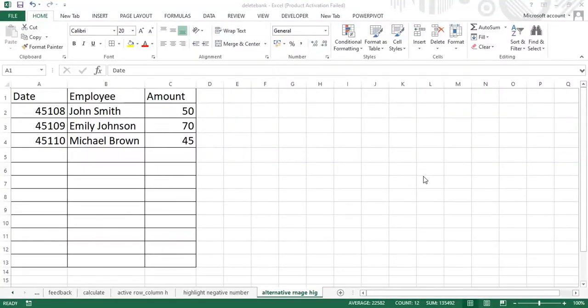In this video, we are going to see how we can highlight alternative ranges of your data. You can see I have data with a date, employee, and amount. I want to highlight the second one, then the fourth one. Likewise, if you have rows and you want to highlight them alternatively, you can use